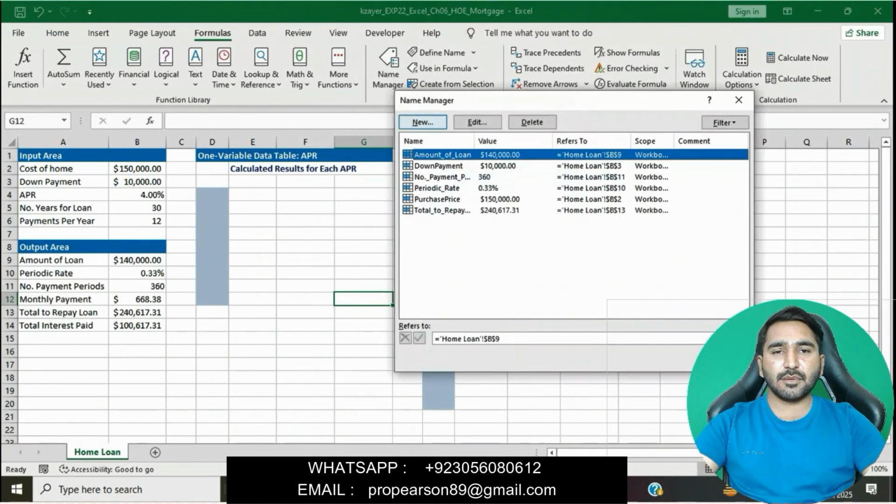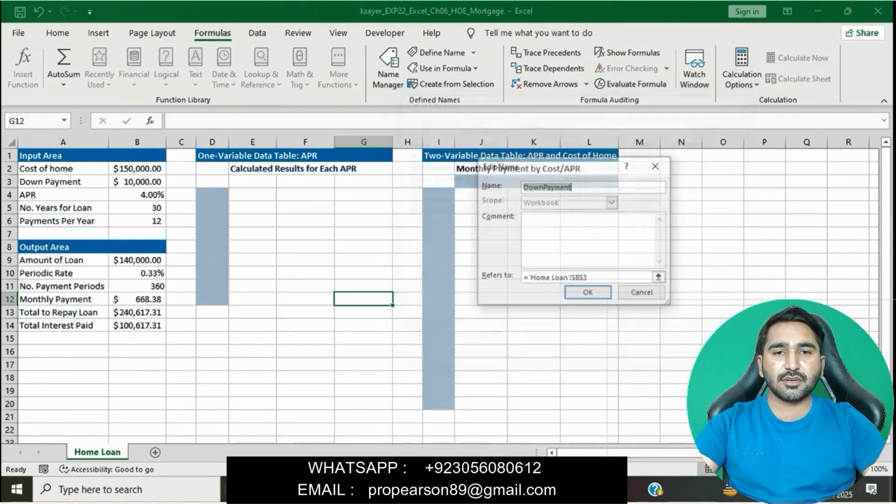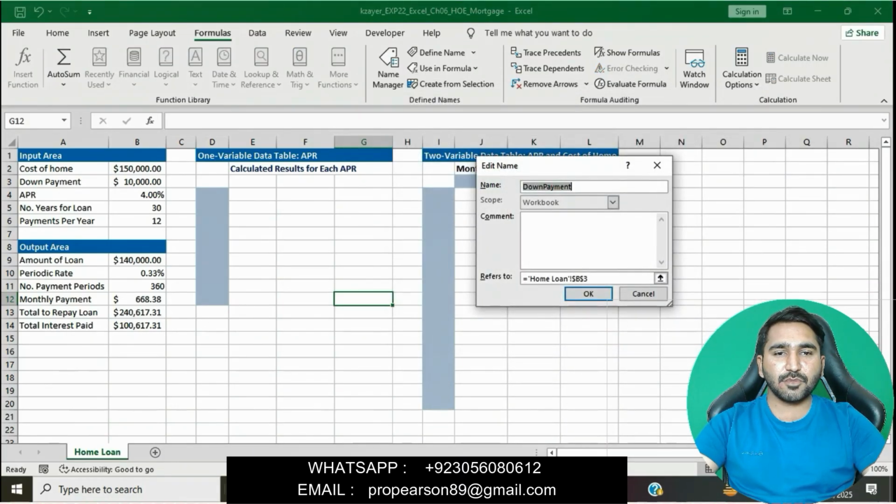Okay, go to the Name Manager and then click on Edit. Down payment to down underscore payment, we will enter an underscore between down and payment, and then we will click on OK.